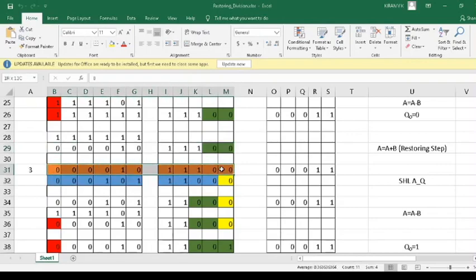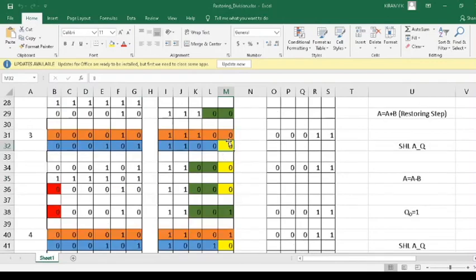Now for the third iteration, we will take those bits as such. Okay, they are marked in saffron color. Now you will left shift by one place both A and Q fields. We have a tentative quotient bit, right? It is initially set as 0. Now after shifting left, what should you do? You should do A equal to A minus B. For that, we will take the portion of A, then choose the complement representation of B. We add them together, we will get a result.